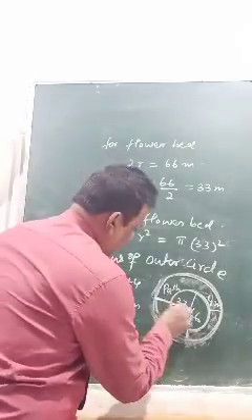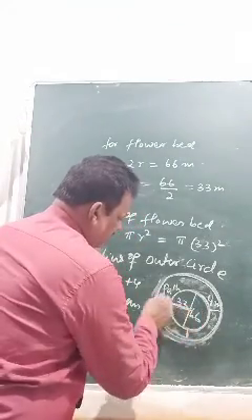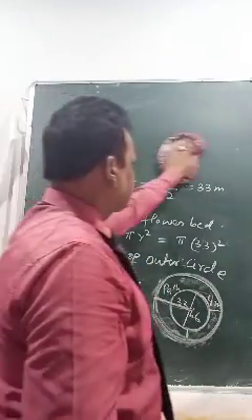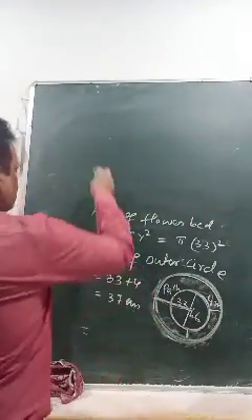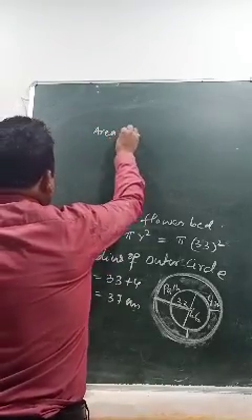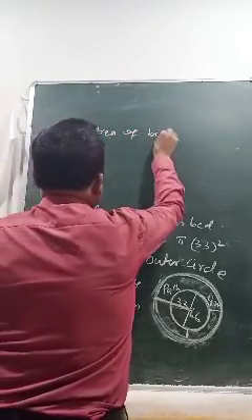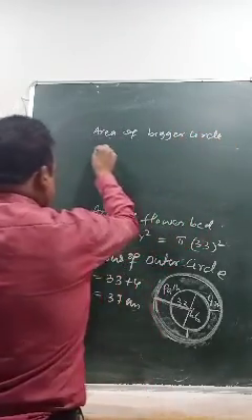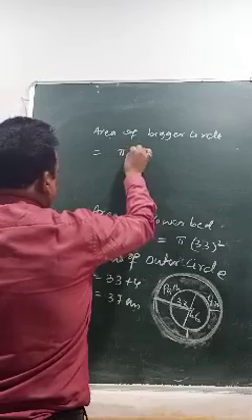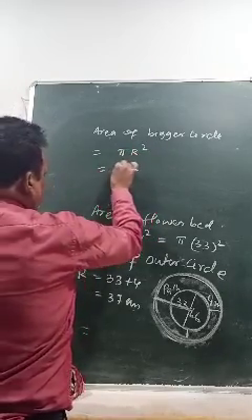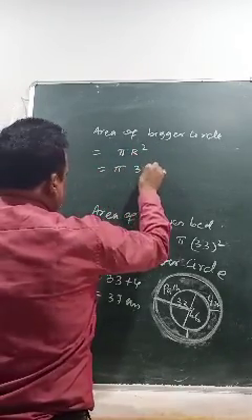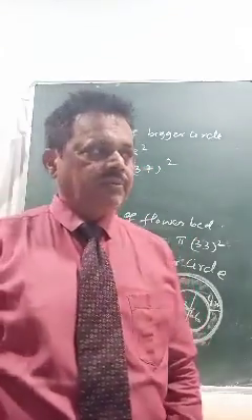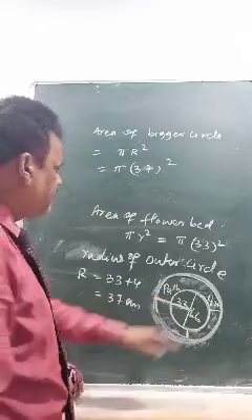That means this total became 37. That means what is area of bigger circle? Find out. Area of bigger circle, that is pi r square, pi 37 square. Pi will put afterwards. Okay,